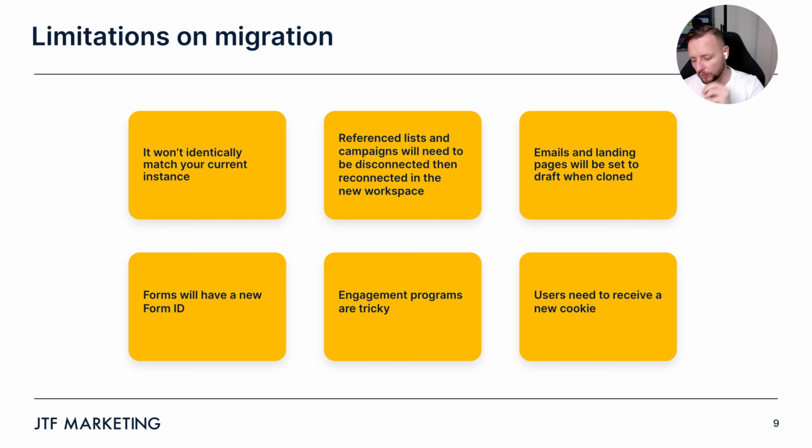Forms I've already touched on. We're going to be changing the ID of the forms because you're moving from one instance to another. The form ID contains a Munchkin ID, which is a tracking script, which also needs to be updated as well. And that's the last box there on the right-hand side, which talks around new users getting a new cookie on every user, right? So the first email we send, we're going to be re-cookieing people, which might mean we are going to lose any activity from a group of people for a short period of time,